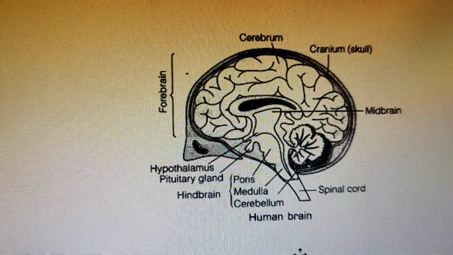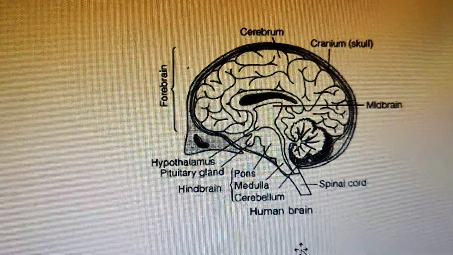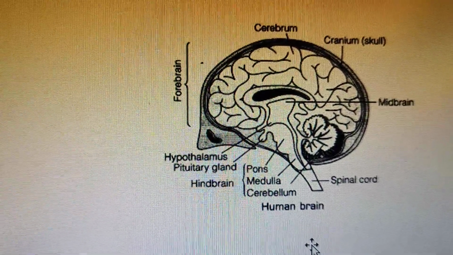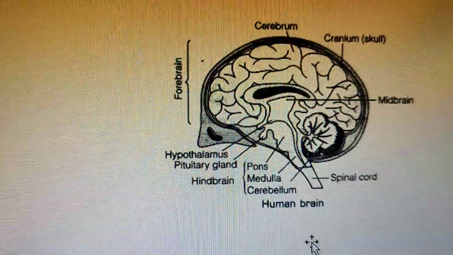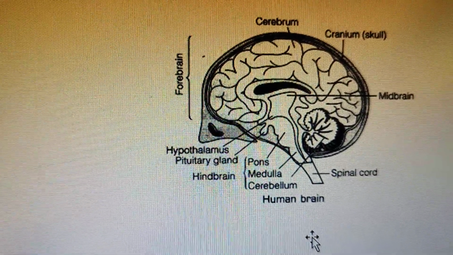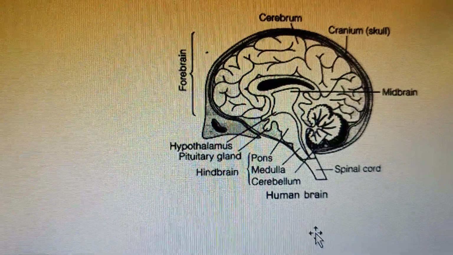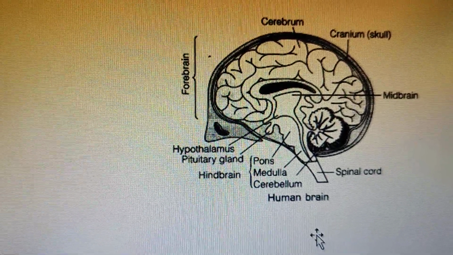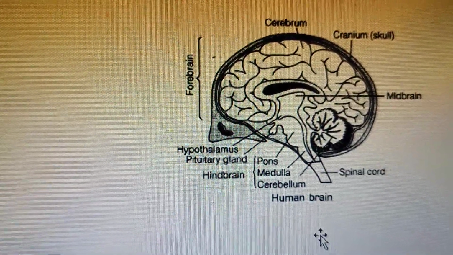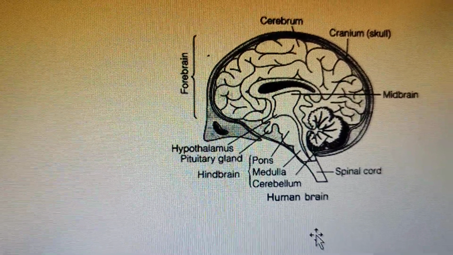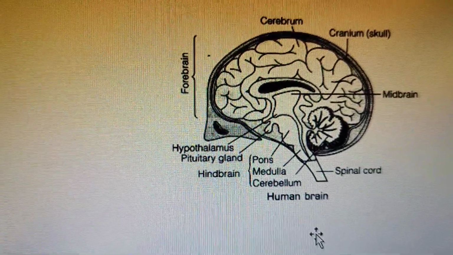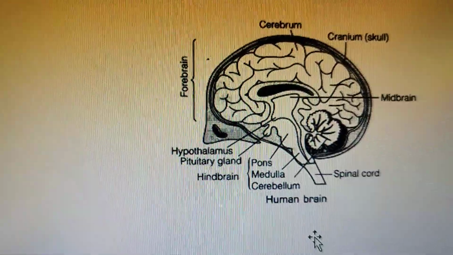So here we got three parts of the brain: forebrain, and in the forebrain we get the different chambers. Also the forebrain contains the hypothalamus. Below the hypothalamus is the pituitary gland, which is called the master gland, which can secrete more than 7 types of hormones. That's why it is called the master gland. Then we got the midbrain, and then the hindbrain, where there are three parts: pons, medulla and cerebellum.